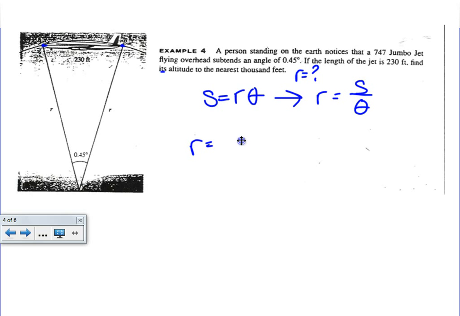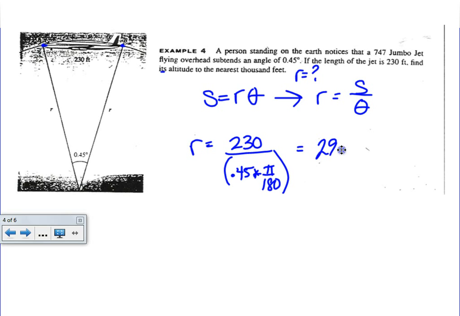So arc length is the length of the plane, actually, 230, divided by, now be careful, the angle is 0.45 degrees, but we need it in radians, so it's times pi over 180 in parentheses. So you can type that all in one step on your calculator. And it says to the nearest 1,000 feet,